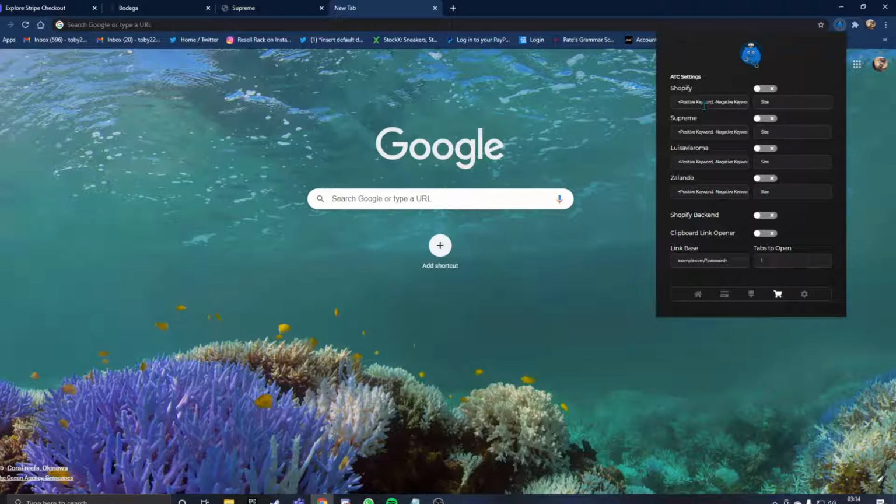So if I put maybe positive dunk, that means it'll only add to cart something that's got the word dunk in the link. And then if I separate it with a comma and a space and put maybe negative Jordan, it won't check out anything that's got the word Jordan in it. So this eliminates anything that includes that word, which is helpful to narrow down a